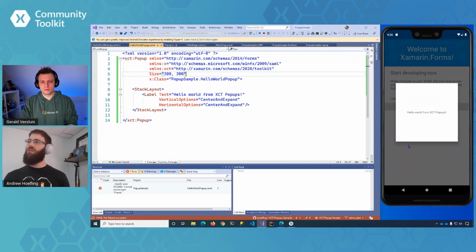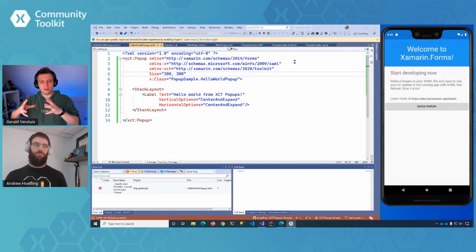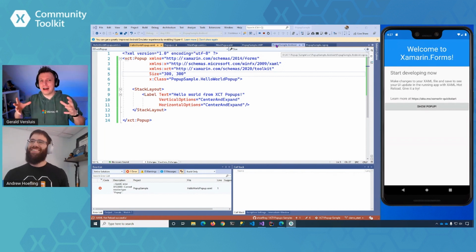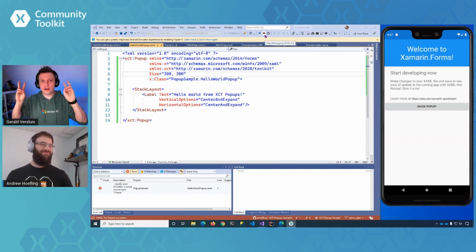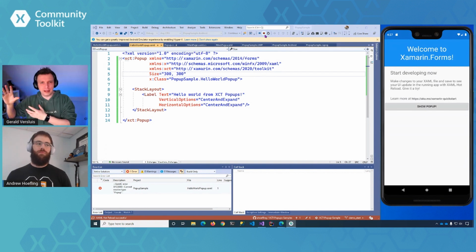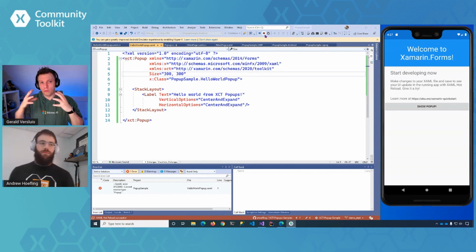This is all native. Right, because I remember when we started working on this, and I say we, but I mean you, but that's how I do it. I remember that there was an alternative pop-up implementation, which is now in Forms, which allows you to give some kind of semi-transparent background to a modal page, so you can mimic the pop-up feeling, but this is just the real native bits, more in line with the Xamarin Forms paradigm, if you will.